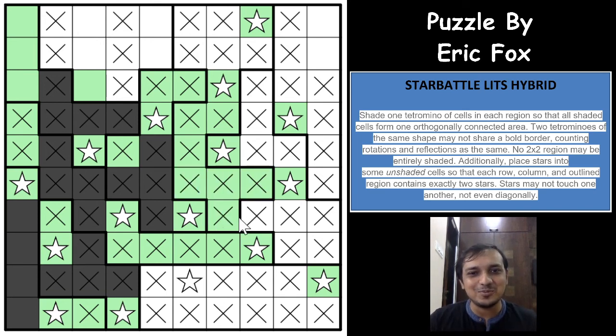What an excellent puzzle. This is a really amazing hybrid puzzle, I would say. I would really suggest you to try it again yourself, and you will really enjoy the way this puzzle is going on. So if you see here, now the tetrominos for this region exactly can be formed only here, and whenever you have such a P kind of shape remaining, these 2 cells can surely be marked as tetromino cells, right?